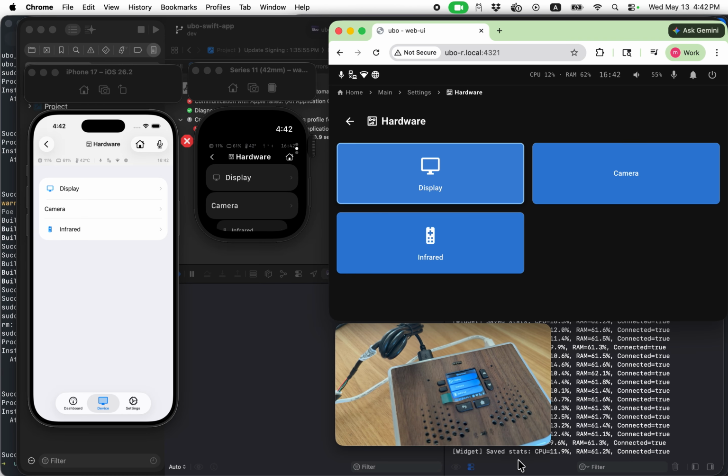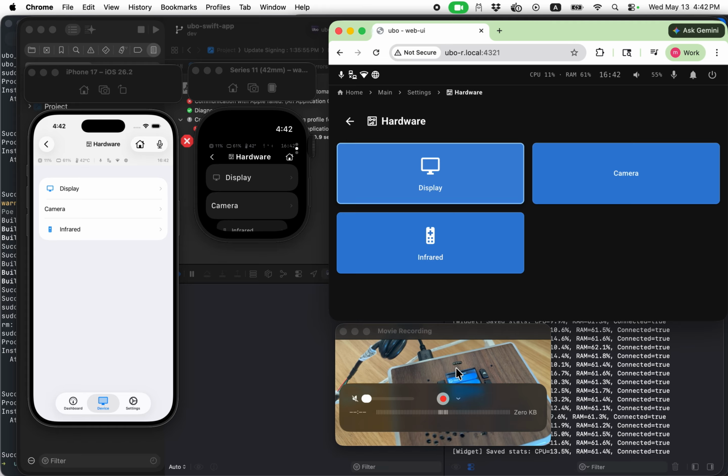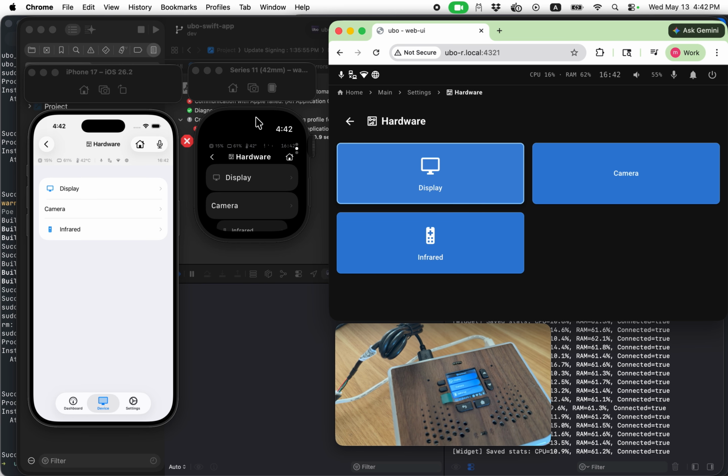Before I conclude the video, I want to show you a sneak peek of something exciting that I'm working on. As you can see here, I have a watchOS application running on Apple Watch. The thing with Apple Watch is that it has a very similar form factor to our embedded display here. This is a 1.5-inch display, and Apple Watch is in the same ballpark. And then the code also runs on iPhone, so we have a cross-platform application which is under development on